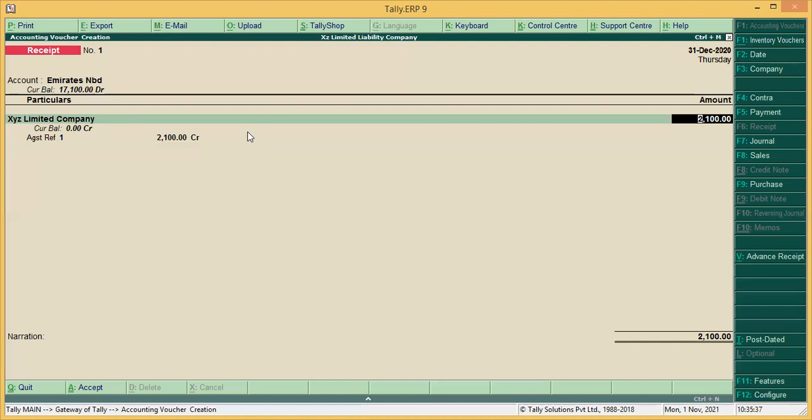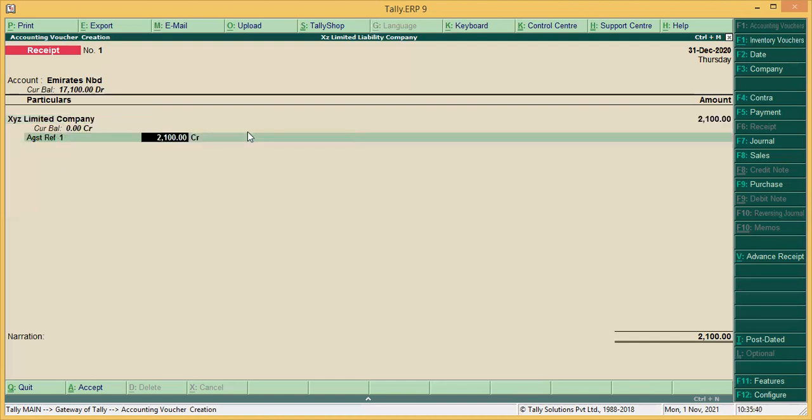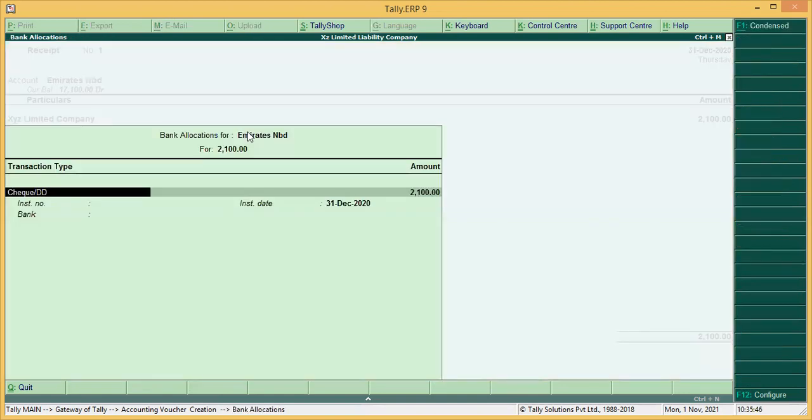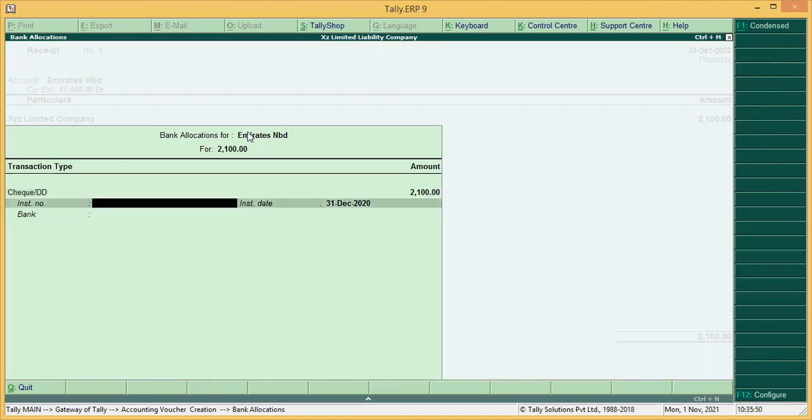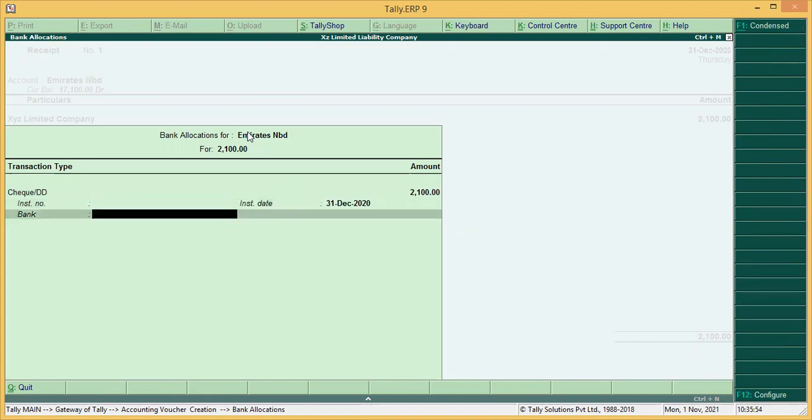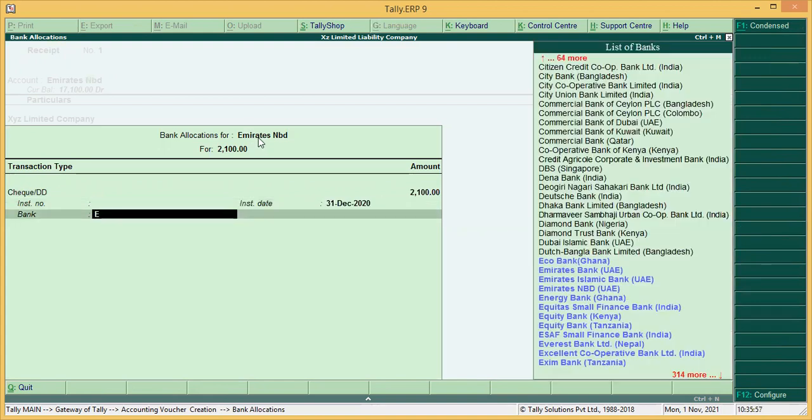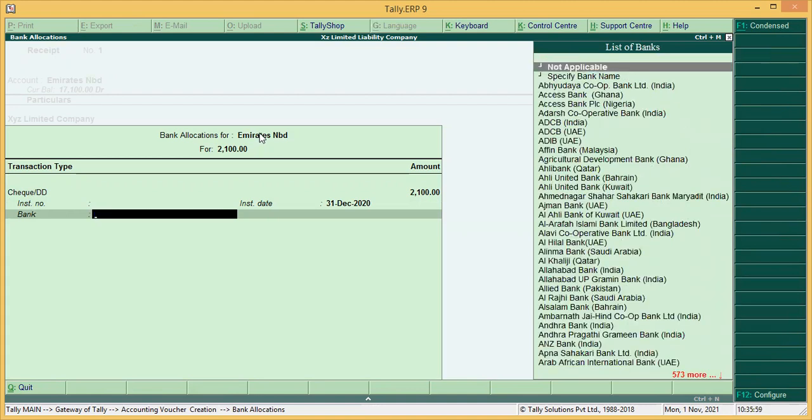So here students, once you keep on pressing enter, it will bring you here for further details: instrument number, check number, the check date, in which bank, what was the bank name for the check.